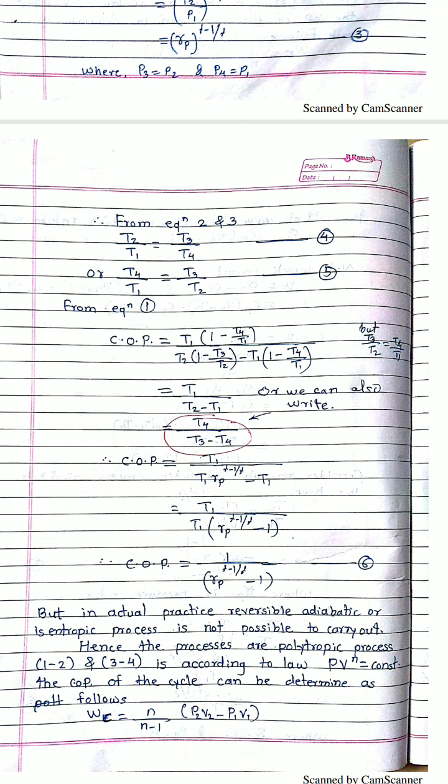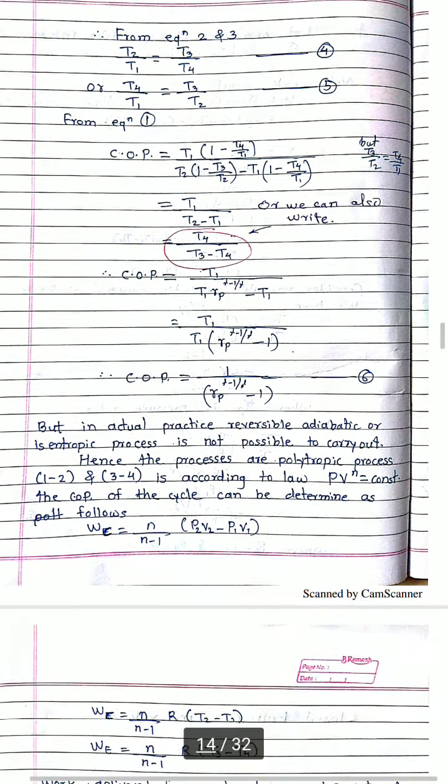If the processes are adiabatic or polytropic, then in case of a polytropic process, friction is considered. For the polytropic processes, meaning process 1 to 2 and process 3 to 4, PV raised to gamma is equal to constant, and gamma is not fixed. So when the polytropic processes are there, we have to consider PV raised to n is equal to constant. Therefore, the COP of the cycle we can determine from the work done by the compressor and the work done by the expander. The work required for the compressor, for a polytropic process during process 1 to 2, WC is n upon n minus 1 into bracket P2 V2 minus P1 V1,